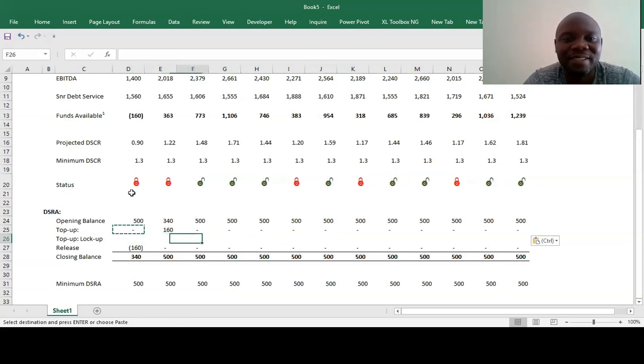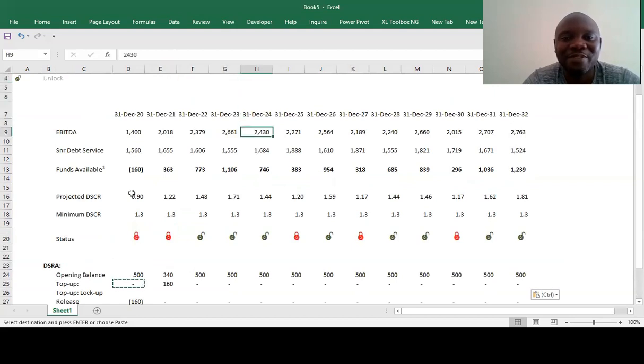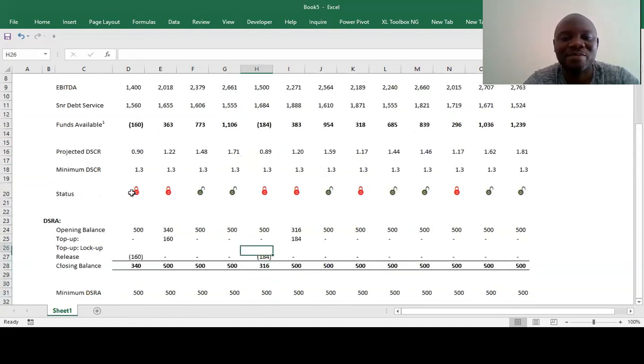Okay, so if we do it like this, say your EBITDA here was 1,500, for example, meaning that you would get from the debt service reserve account.